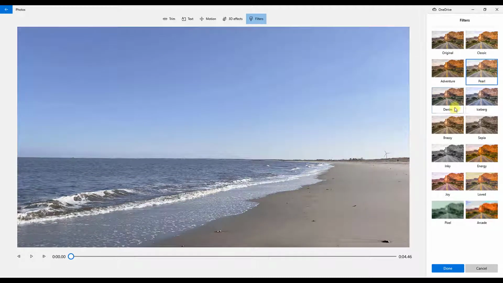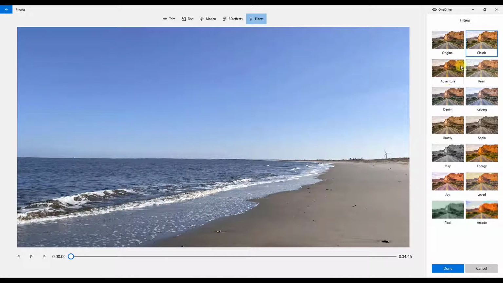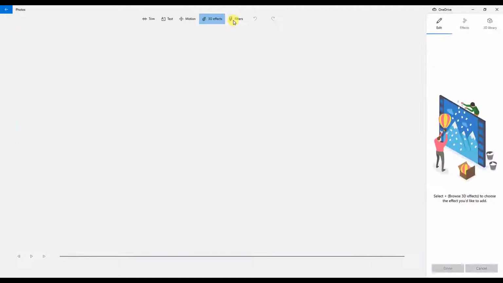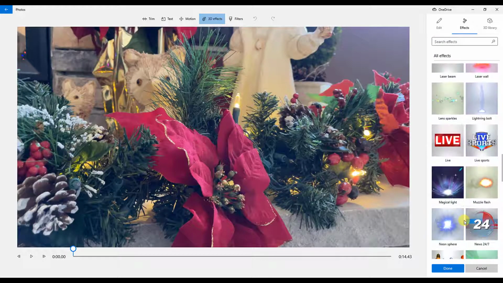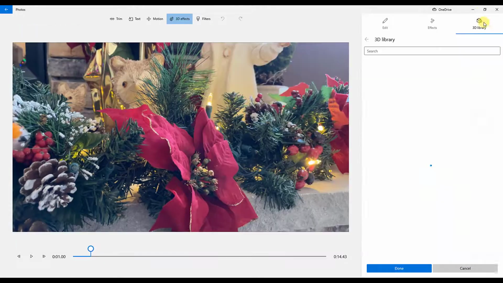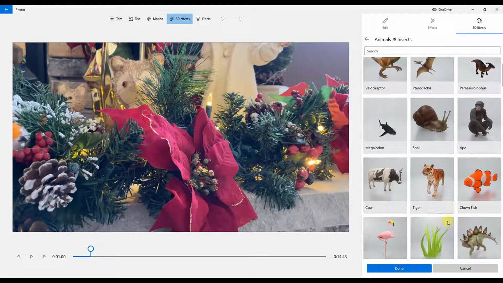I'll just click through these, and I'm not totally impressed with them. They do give you a little control over some colors and different things, but you don't have any control of the filters themselves, so they're pretty limited. You do have 3D effects, and there are some cute effects. You have the 3D library, and you have things like a Velociraptor and all kinds of things that you could